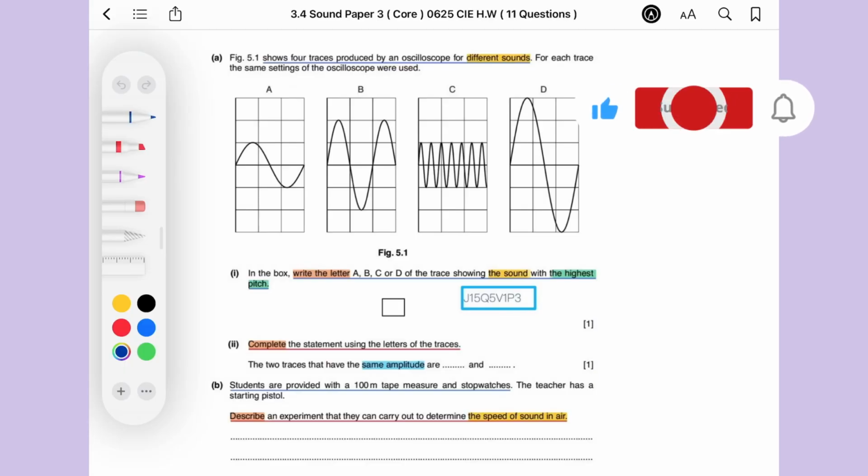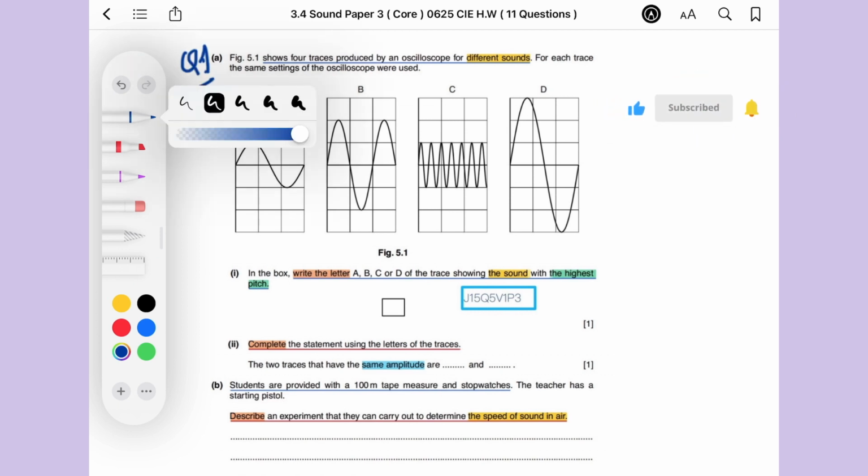Hello everyone, welcome to Physics Blender e-learning platform. Today we are checking your answers. You have homework about sound waves, paper 3 for core candidates. Okay, let's start with question 1. We have here